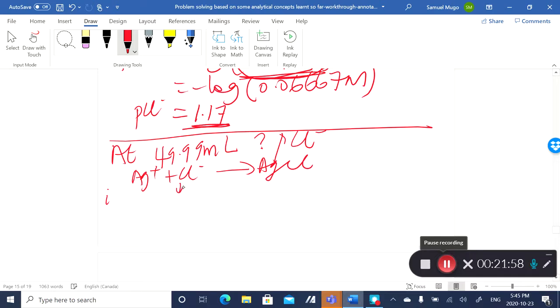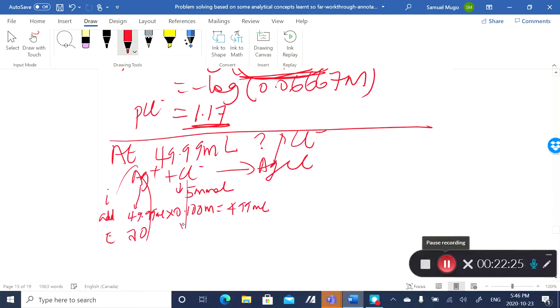Initially what I have here is 5 millimoles, and then I've added 49.99 ml times the concentration, which is 0.1 molar, which gives me 4.99 millimoles, meaning my equilibrium amount, all of this is consumed, all silver is consumed. And then in this case the chloride remaining is 5 millimoles minus 4.99 millimoles, which gives you 0.01